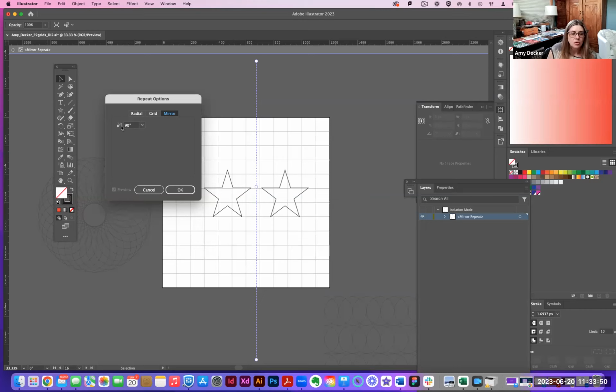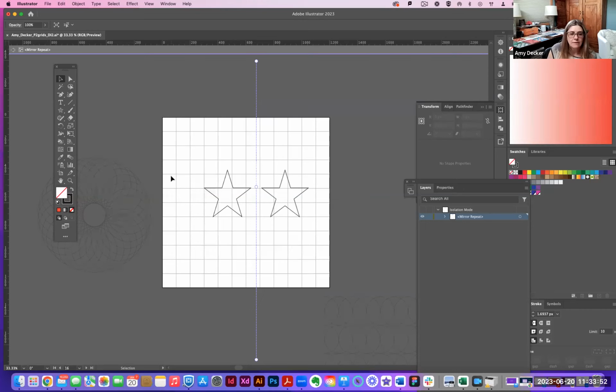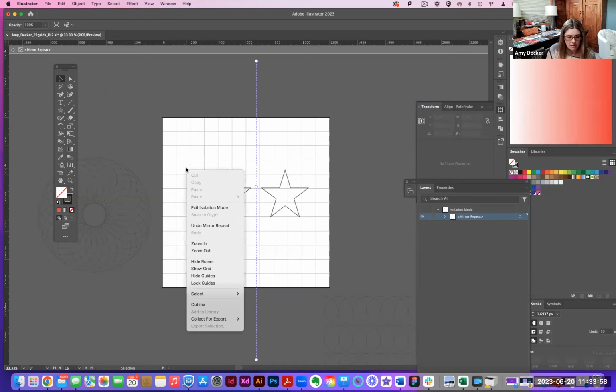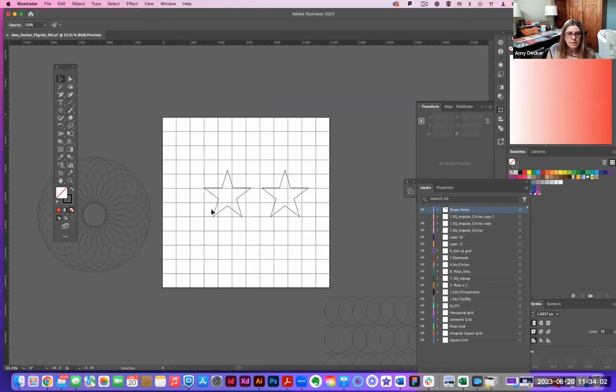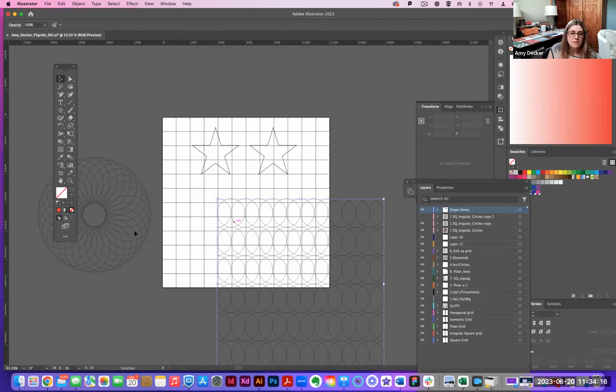You can also use the options and put that in there as well, what you want to do. Exit isolation mode, and then we're back. And there's my two objects that are perfectly aligned, however I design them. Okay, so that is the repeat tool, three different ways to use it